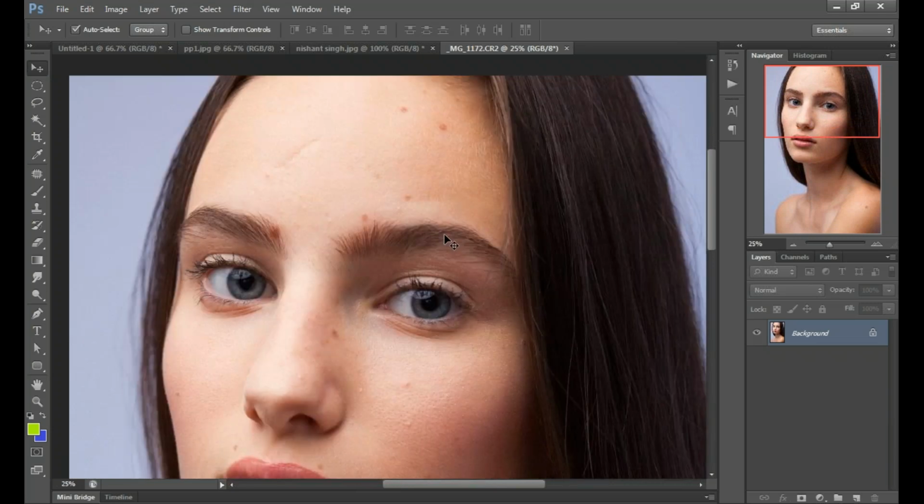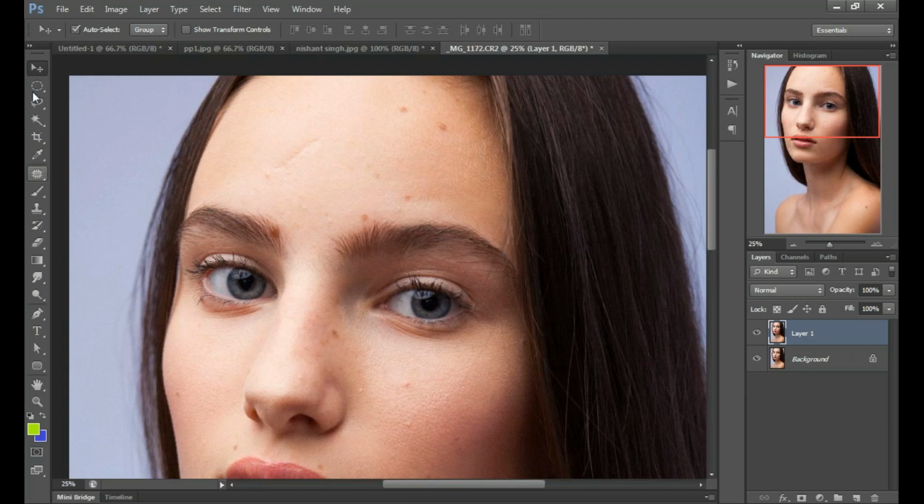Just understand one thing: when we are going to edit any image, we have to take a copy of that image. We have opened this image in our background, so we want to make a copy. How to create a copy in Photoshop? Just press Ctrl J. Please write down, press Ctrl plus J to duplicate an image. I pressed Ctrl J and made a copy of that image. It's a backup layer. Now we have created a backup layer here.